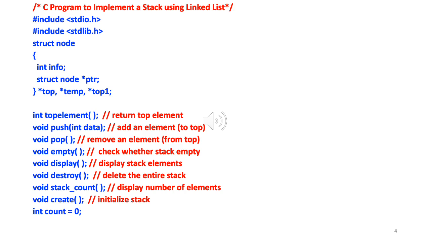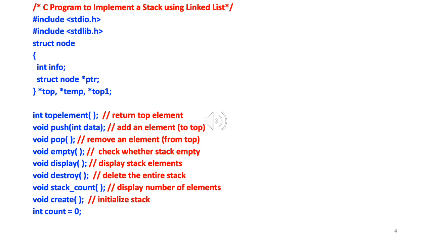So that is display, destroy, void destroy, delete the entire stack. So here what we need to do is we need to visit one node of the stack at a time. So note that all the nodes will be linked together. So we visit one node at a time and we delete it and then move on to the next node, delete it, so on and so forth till the whole stack is empty. Void stack count, display number of elements. So whenever we add an element, we'll maintain an integer variable for the count, and this will simply print its or return its value or print its value. In this case, it's printing since the return type is void.